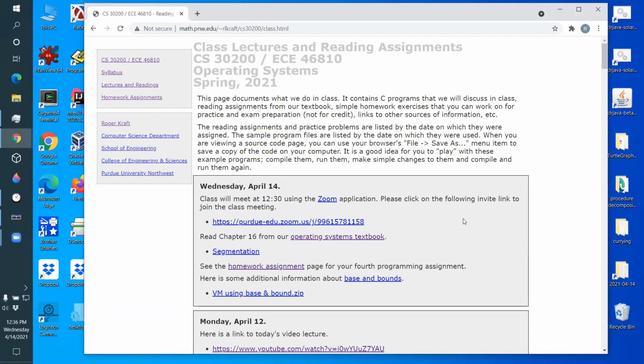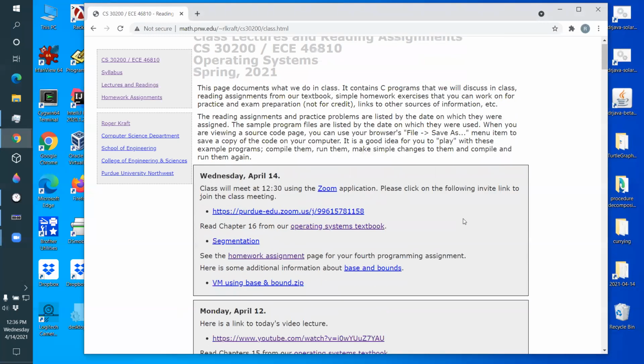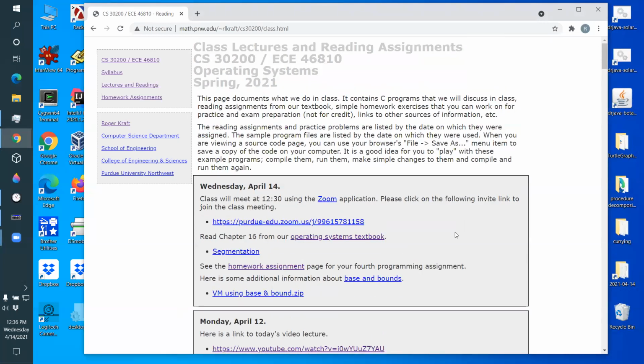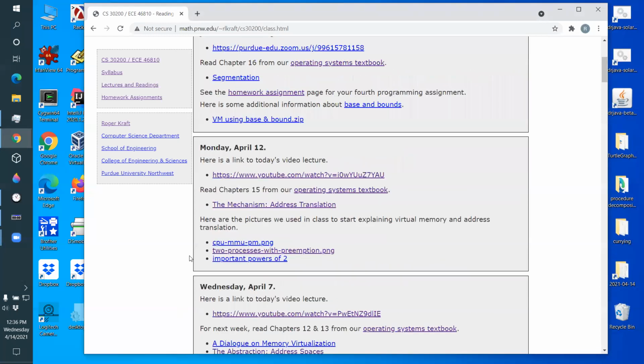Okay, today we're going to keep talking about virtual memory. I mean, it's going to take us the rest of the semester to talk about virtual memory. There's a reading assignment for the next section. Okay. The section we're doing today,